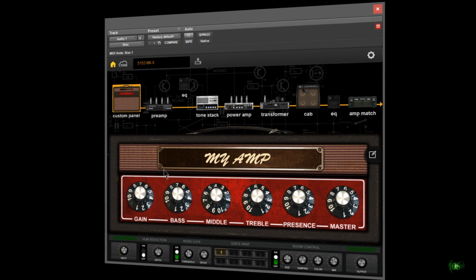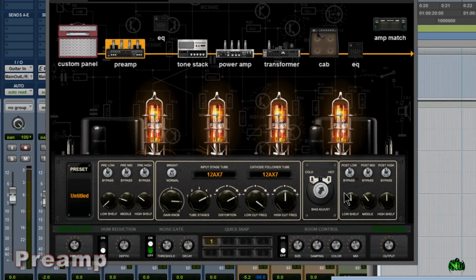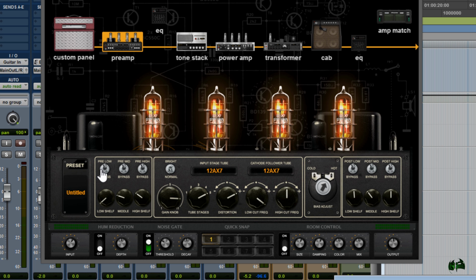Now let's actually dig into the sounds. So first we'll go to the preamp block here and look at all of these options that we have. So for example, this is the tone we have now. Awesome tone, but we can change this up. So here in the pre section, before we really hit these amps here, the tubes, we can do things like cut out the lows, maybe boost the highs. So if I boost the highs there,